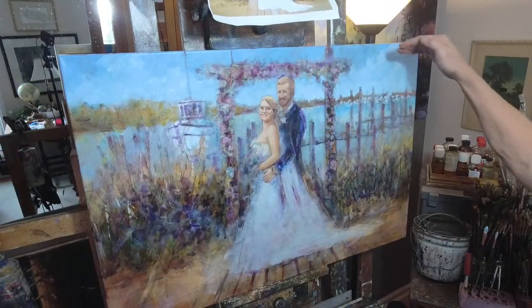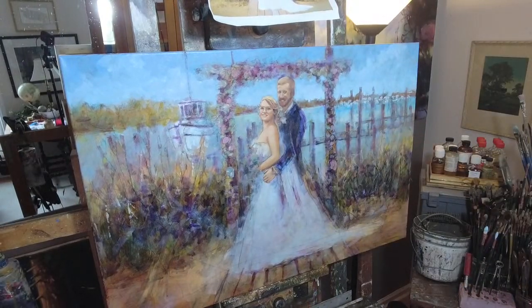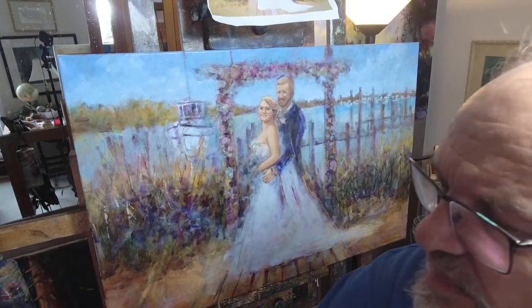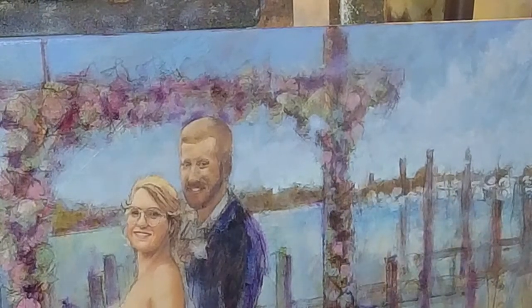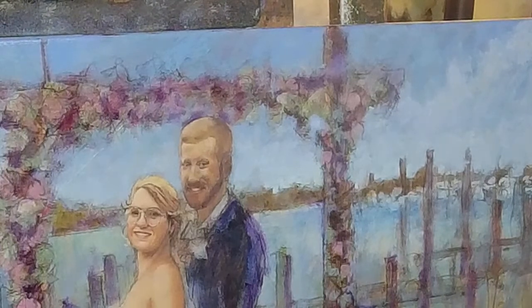All right, so I'm not quite back to my original color, so I need to keep going a little bit more here. Do you understand now why I put this color right here? Why I did it first? Because I determined, yeah, that's my target color. That's what I'm going to be aiming for. And I'm not quite there yet. The last layer I did right above that is a little too cool, a little too ultramarine, and not quite light enough. So I'm going to add some tiny bit of green